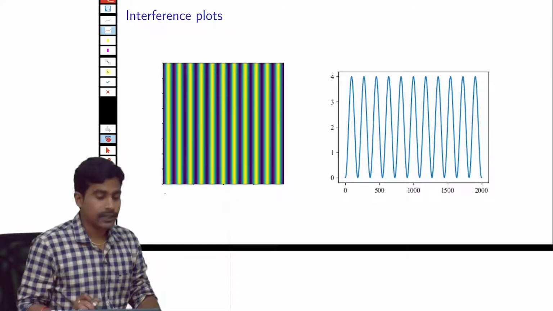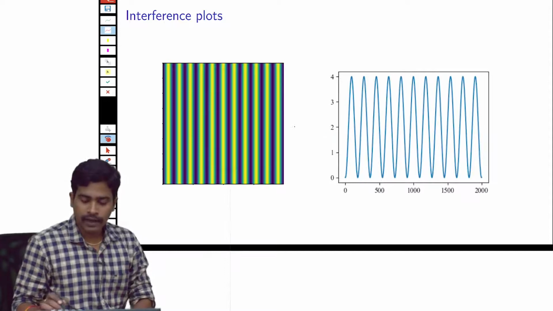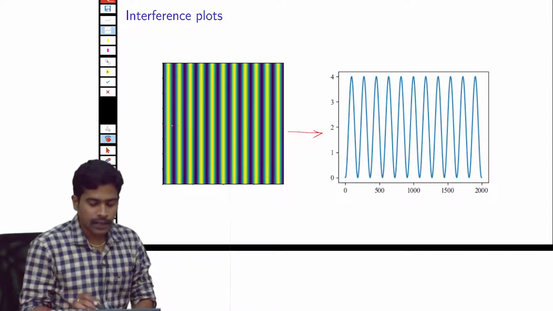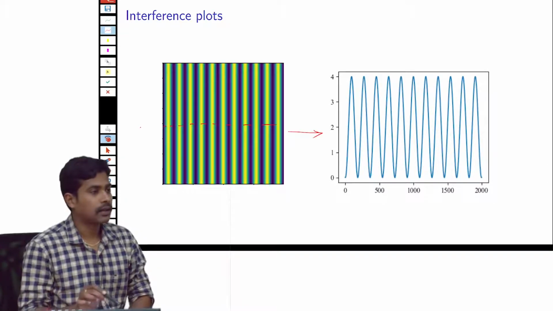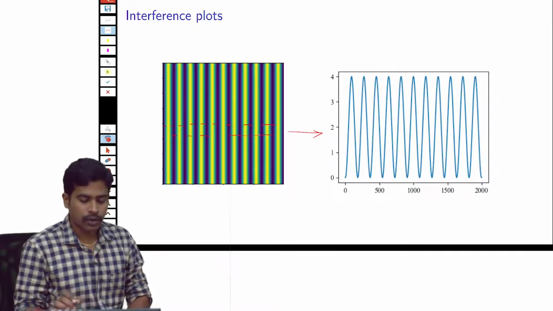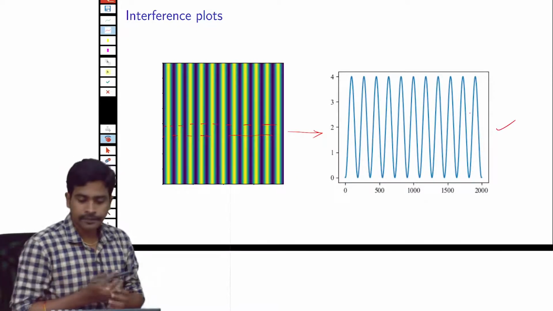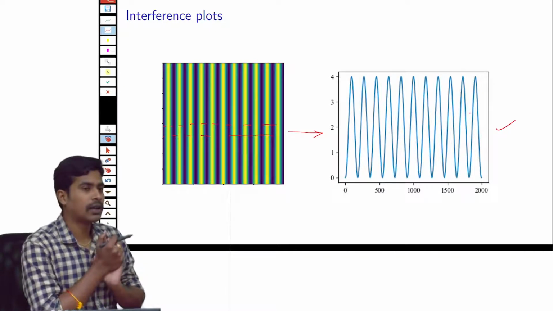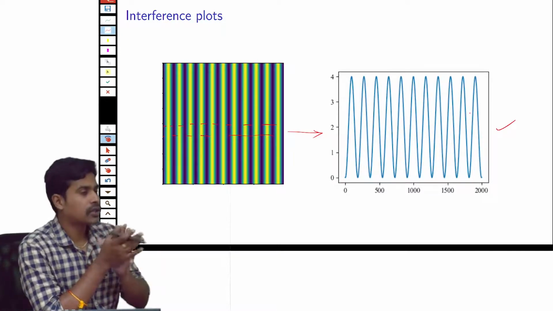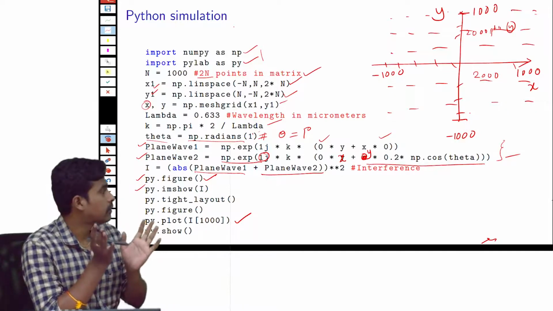After I run this code, the output is going to look like the next slide. This is the interference pattern image, which has a sinusoidal variation. In this adjacent figure, I plotted the intensity along one of the rows, at the midpoint, taken from this figure. We can see the sinusoidal variation. This is how we model interference. The same procedure can be used to do interference simulations for different kinds of waves.